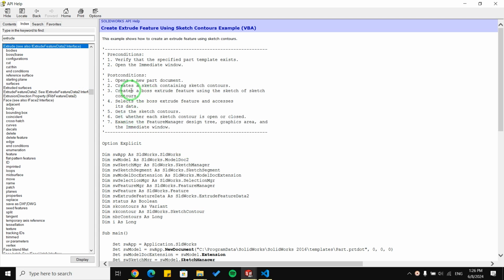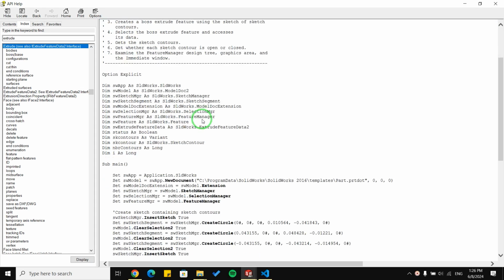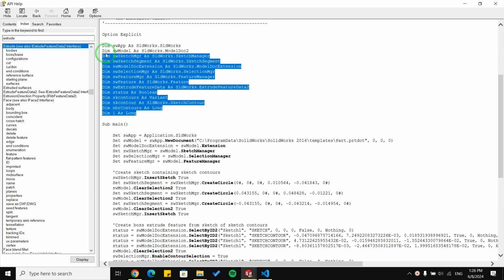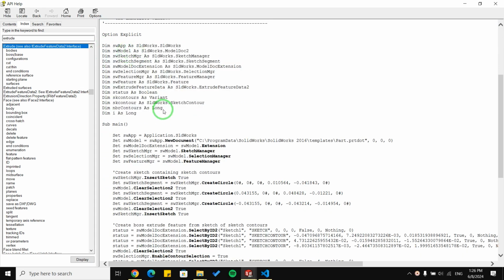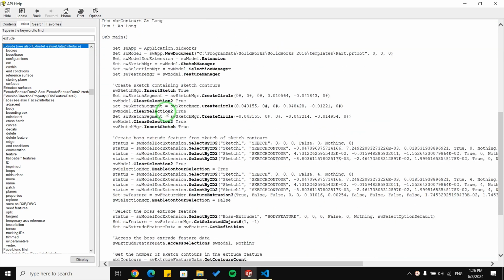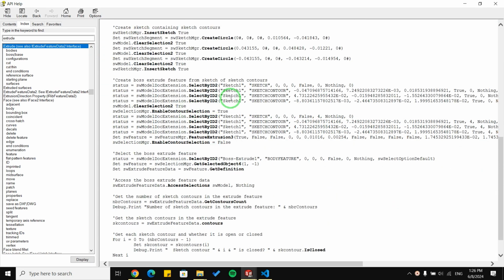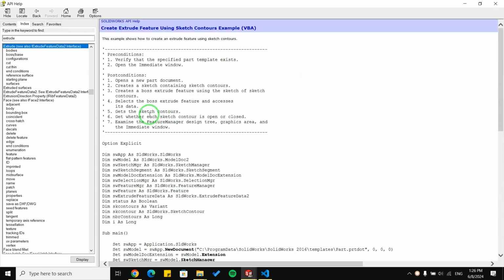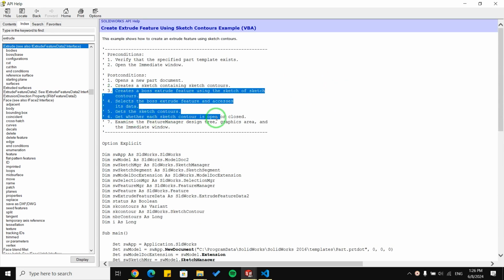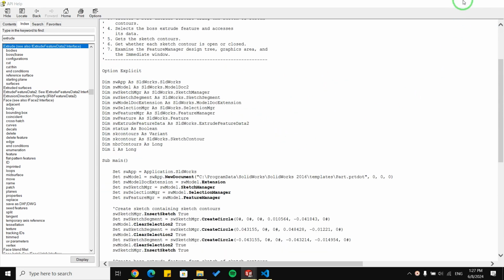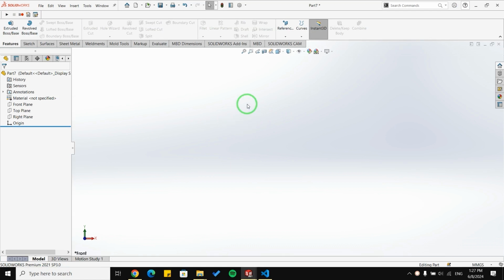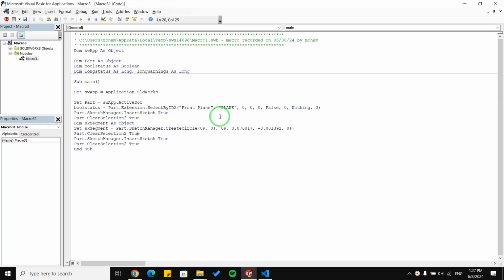For example, you can just read line by line, open a new part document and so on. And you can see here we have some things defining some parameters, I mean sub main. And here we can see a lot of code related to how to extrude a, I don't know, a part. I think it's here. Okay, now we are familiar with macro, we are familiar with Visual Basic, and now we